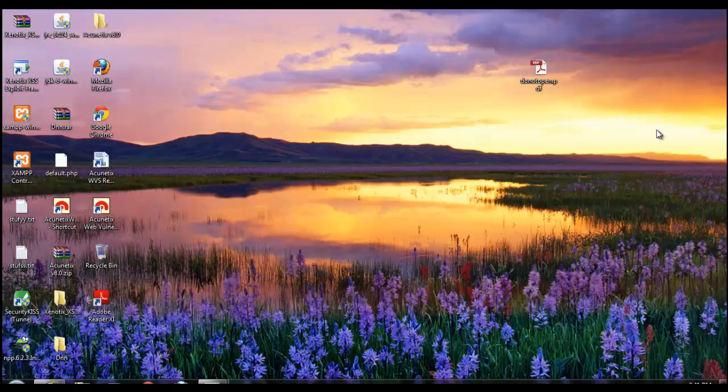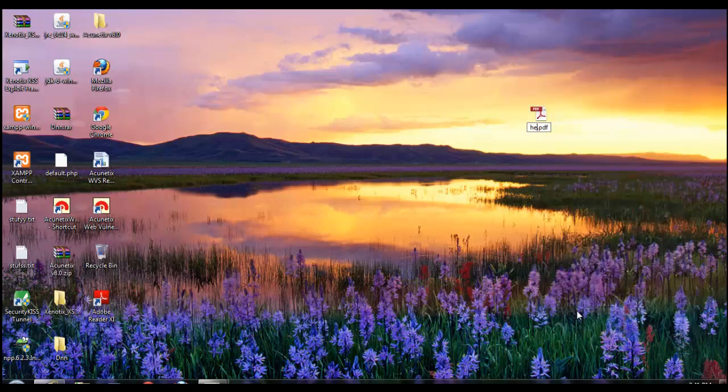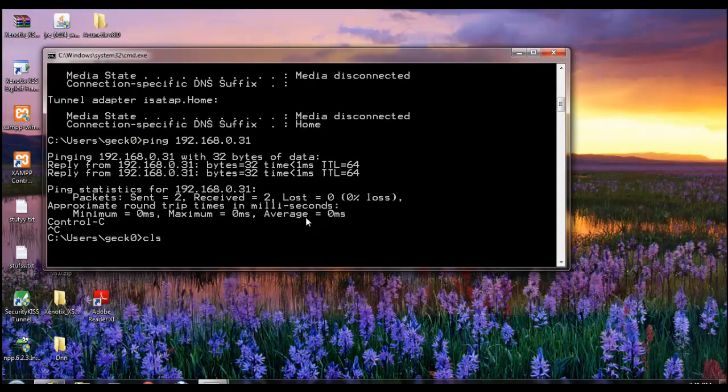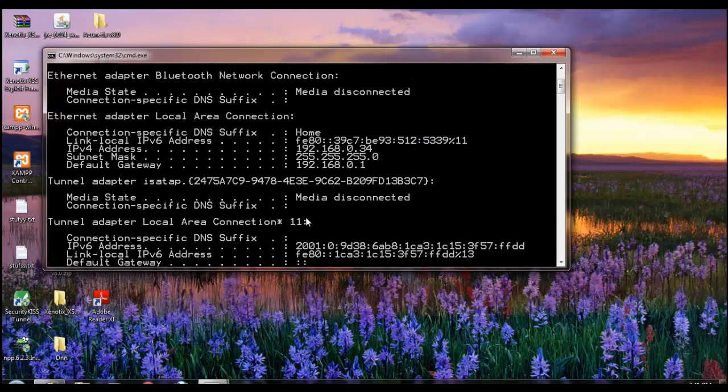Once I transfer this to my victim machine, the same payload, I just renamed it. It's the same one that I just created, hello.pdf. So what I need to do is simply execute this payload on the victim machine. This is my victim's computer. You do not actually need the IP address of the victim, but you just need to make sure that the victim runs that payload.